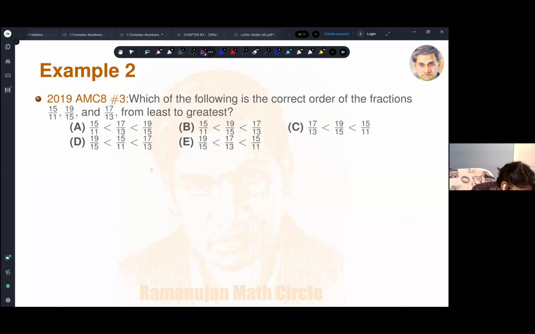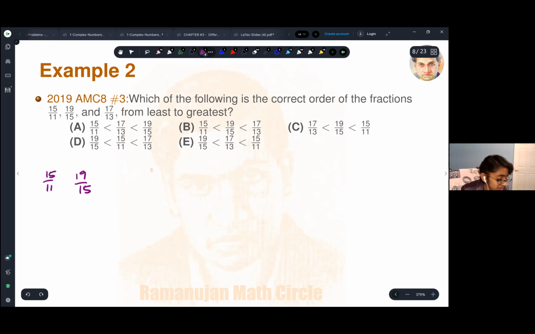Okay, so now let's go into this question. What we're going to do is try out the stuff by brute force a little bit, and then see how our techniques can actually be useful. All right, so if we were to compare this, and I am just going to put out 19 over 15 because I feel like it. If we were to compare the two fractions with the process that we followed, the common